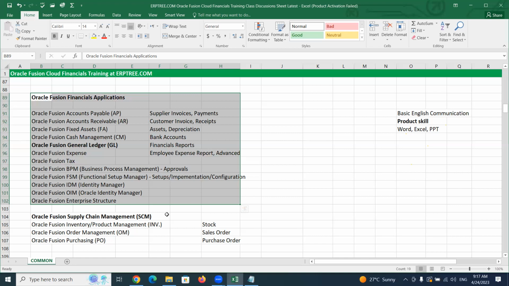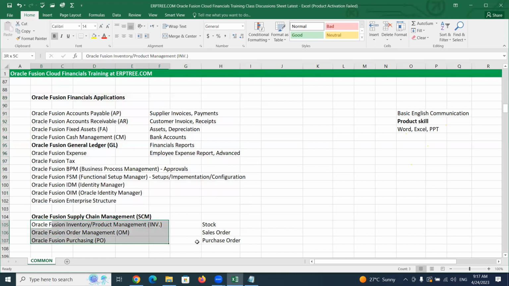So if you are learning Oracle Fusion Financials and you are going to apply for a job, I'm not sure how you are planning. If you are trying with 4 or 5 years of experience, definitely they'll ask you a few questions on Oracle Fusion Supply Chain Management. Your course is finance, but you cannot avoid questions from SCM also. For that reason, I'm going to include Oracle Fusion Supply Chain Management applications to learn what level of knowledge we require when we are working as a finance consultant.